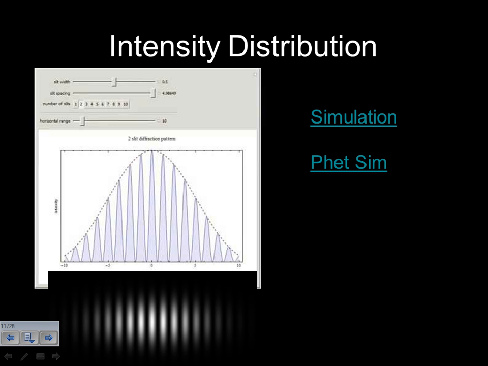I'll come back. Here's the pattern that we see through a double slit. Now remember, in single slit we had one central maximum. Here we still have a central maximum that's the largest, but all the others gradually decrease. It's not that dramatic decrease that we saw with single slit. And even more so,